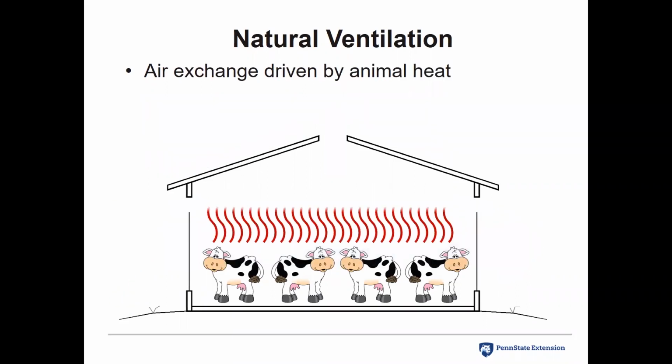sidewalls. Natural ventilation is also heat driven. Warm air rises. Cows create this heat. And you'll see it on mornings like this, where it might be very still, and you've got the animal heat in the building because there's a bigger temperature difference between cow level and the outside of the building that drives this air up. We'll see this plume of moisture just coming right out of the ridge in that case. It works very well when you have that big temperature difference, but wind really is the primary driver of natural